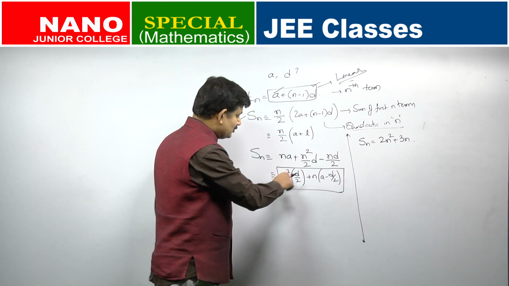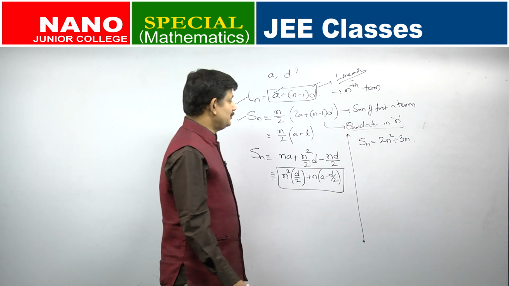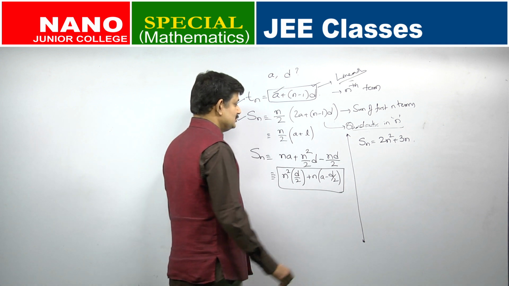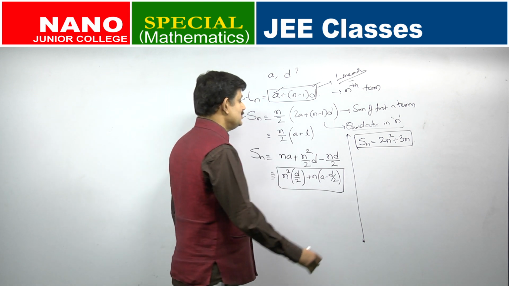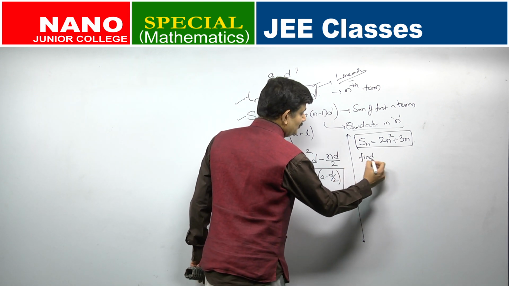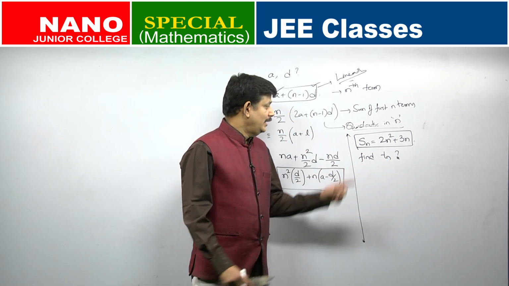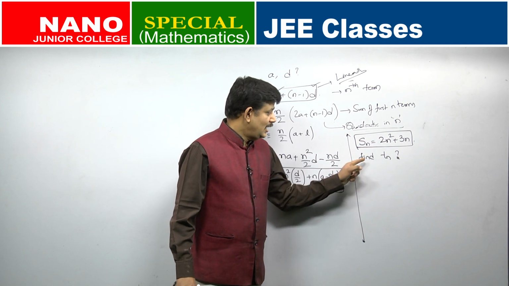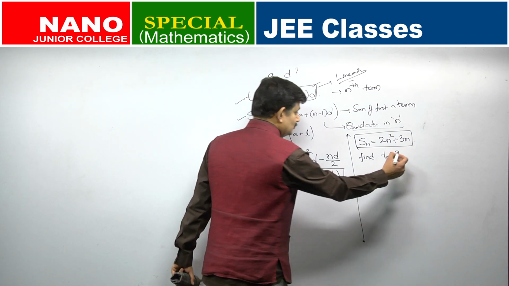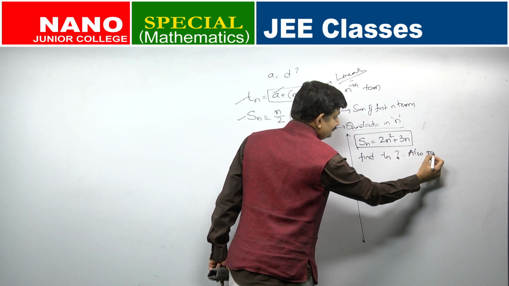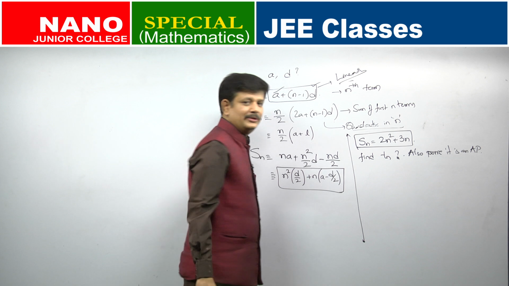Now, because the sum is in this particular form, I can identify that this progression will come out to be an arithmetic progression. After giving sum to n terms of a series, in general the question says: find the nth term of the series, find Tn. So, what is the question? Sn, sum to n terms of a series is given to you, and you are asked to find the nth term of the series. Also, he may ask you to prove that it is an AP. So, let us do that.